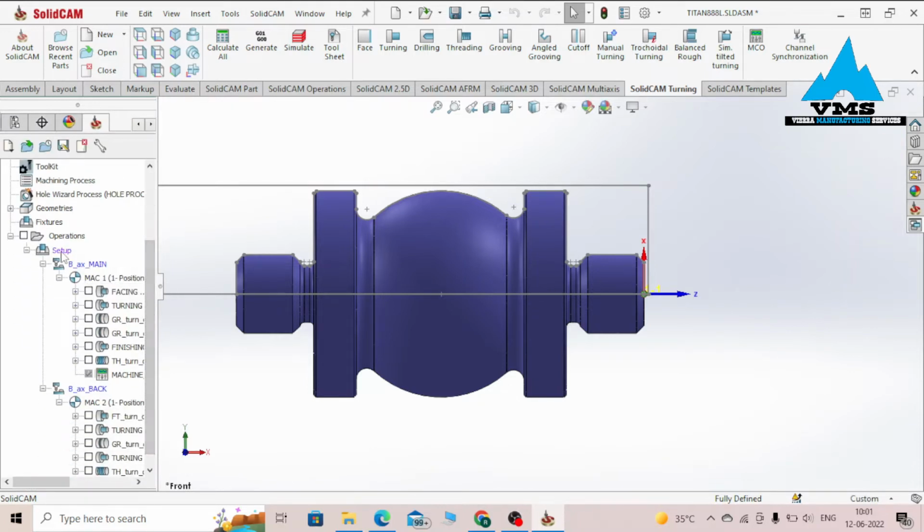The next thing we have to do is the setup. However, this setup has been done in the previous tutorial, so use the previous tutorial as reference. Starting with the operations in the main spindle. For our first operation, we have facing. Looking at the facing operation,